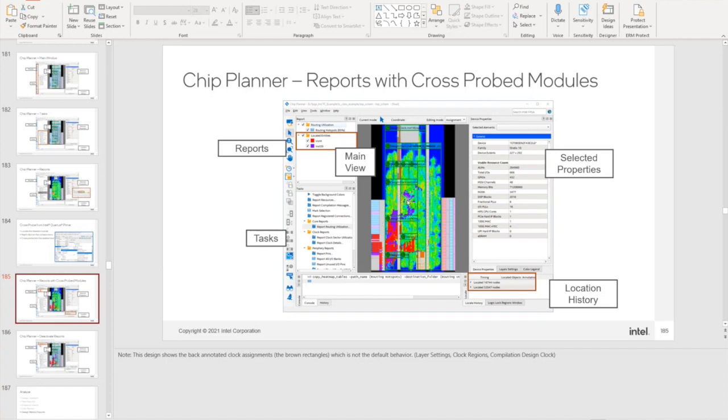If I have the path or the module, you can see where the modules are. And that can aid you in doing what's called a logic lock region inside a Chip Planner. With a logic lock region, you are telling the tools, hey, this module that I have here, you kind of place far apart, I really need it a little bit closer. So you're constraining the tools as to where they can place the particular module,